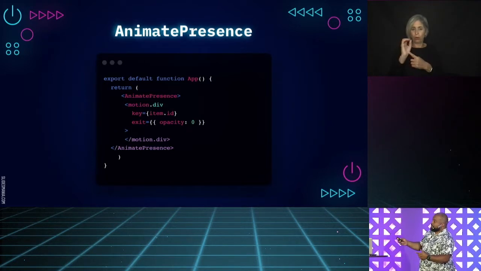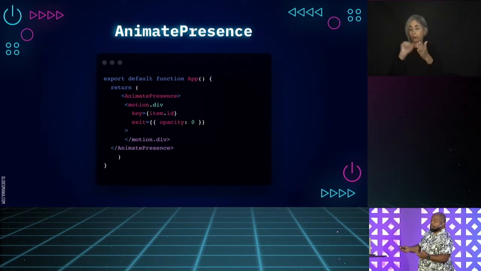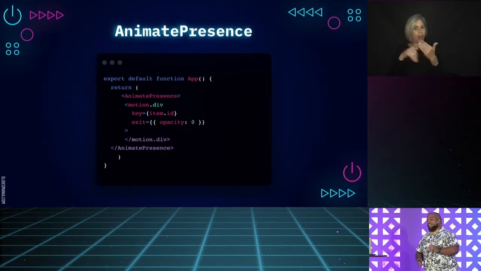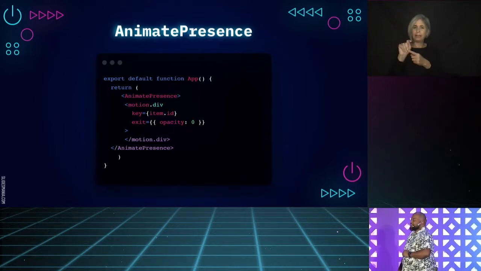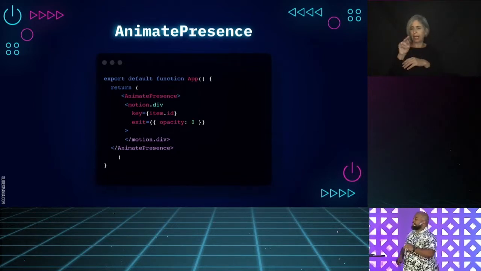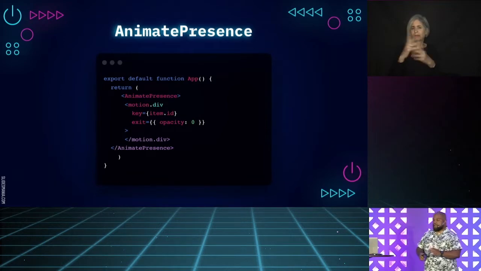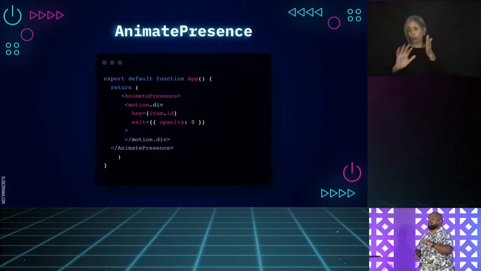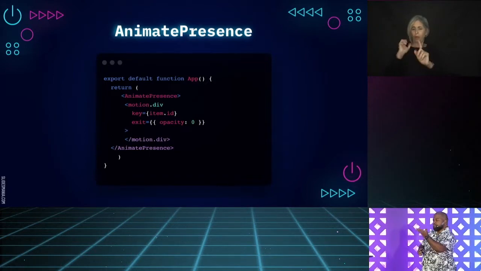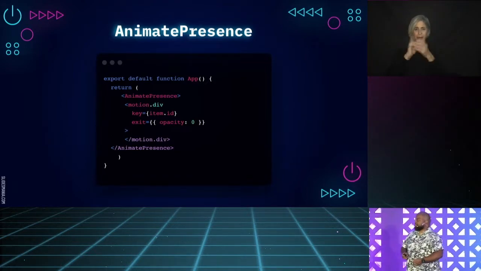So when this element is removed, it will be invisible because the opacity is 0. And that's all you would need to type to be able to get an entire element removed from the React tree and animate it. And you can also do what is called layout animation. So if it's in a list, you can remove that, and then Framer Motion will automatically reposition any other items in that list.